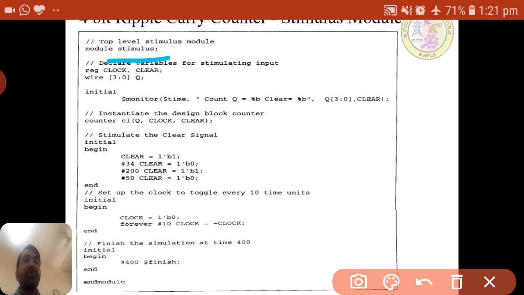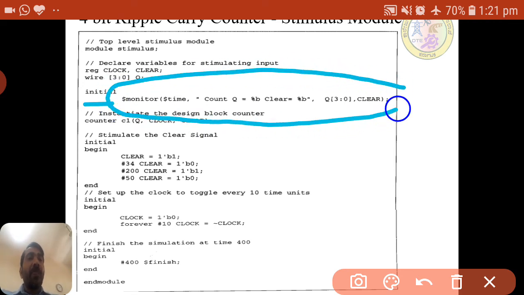Stimulus blocks don't have the port list, and here clock and clear, whatever the inputs of the design block, will act as reg. Output we need to declare as Q, meaning wire, and initial. Before that, monitor we can use anywhere.